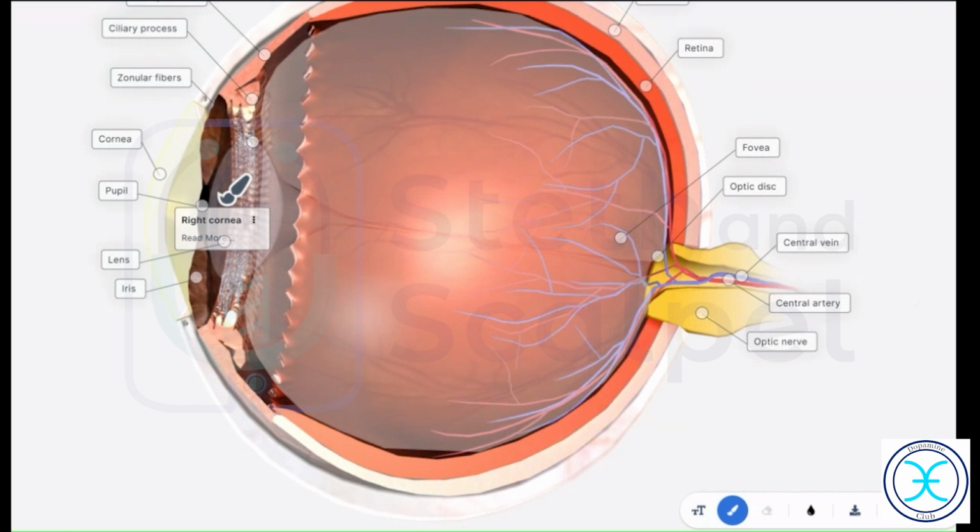Can someone tell me the structures from anterior to posterior in this order? Cornea. Yeah. Iris. In between, pupil. Anterior chamber. Yeah, there's a space. You need to mention that space, the anterior chamber, and then you tell me iris. Then iris, ciliary body, yeah. Zonules. Okay, you're talking about this region. You just stick on to the lens and behind it like that.